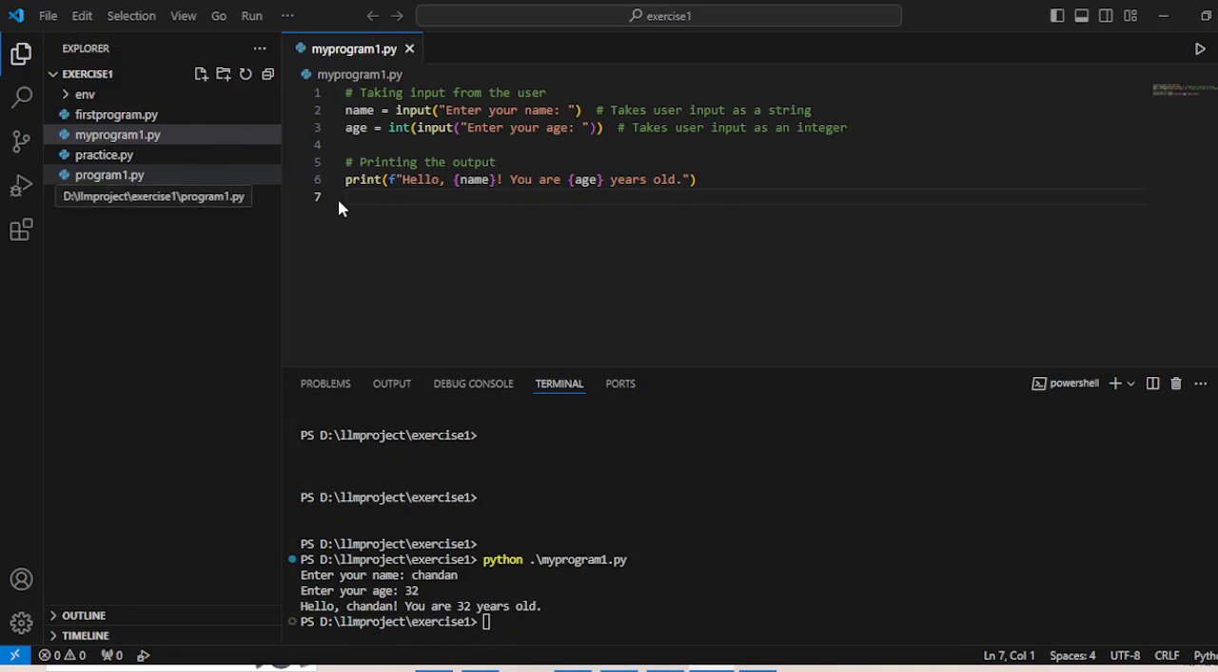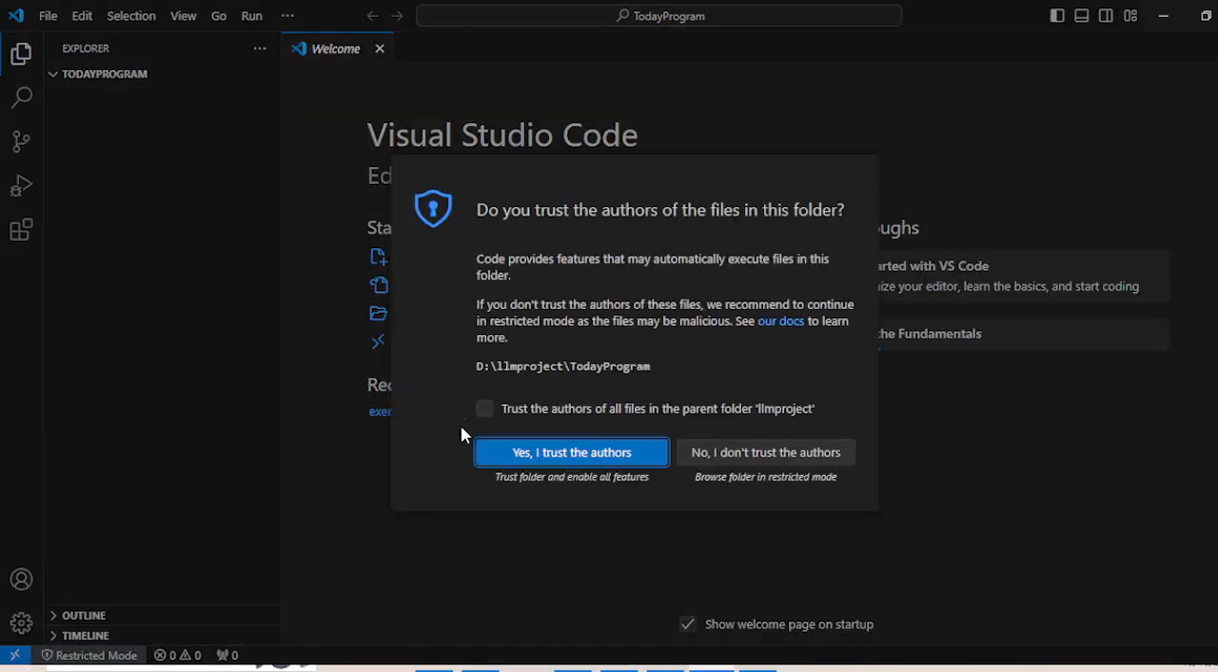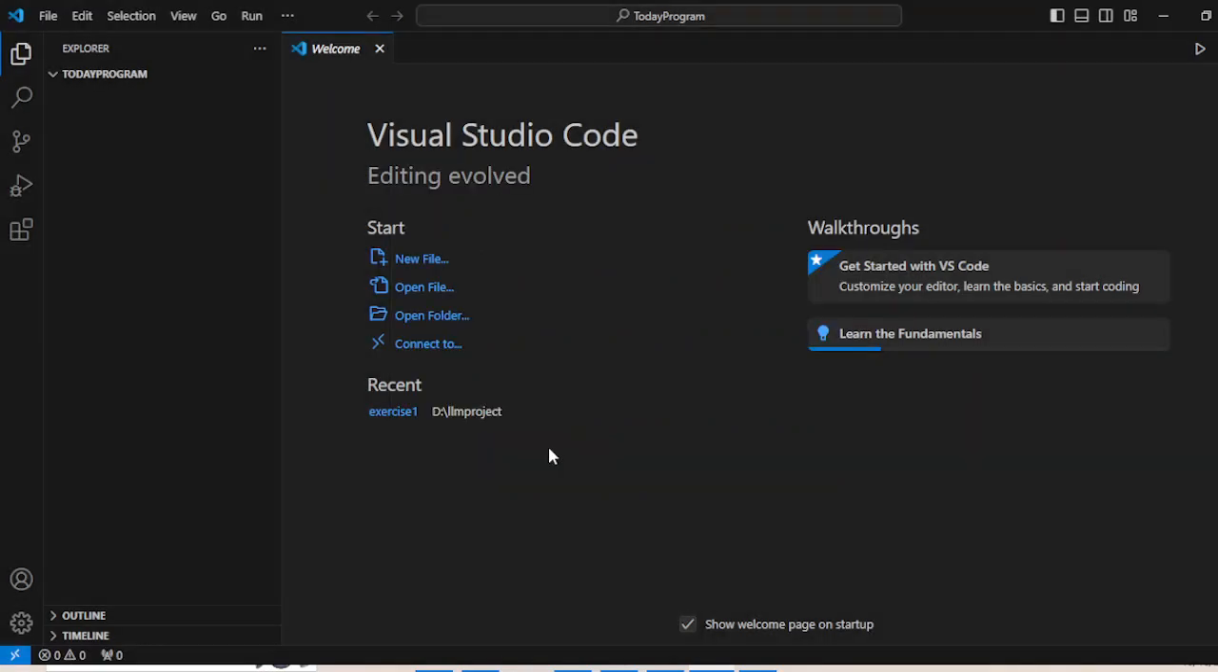I have a user inputs folder for today's program. I have selected this one in Visual Studio and checked trust. In this folder I will create one file, because we will learn how to take inputs